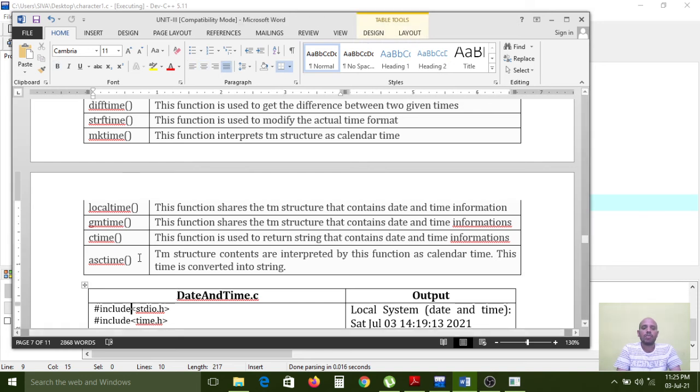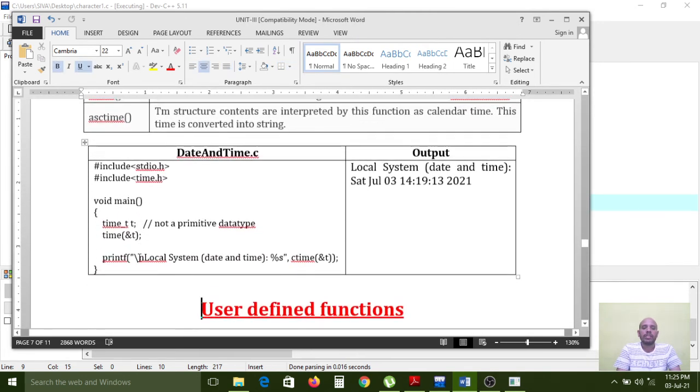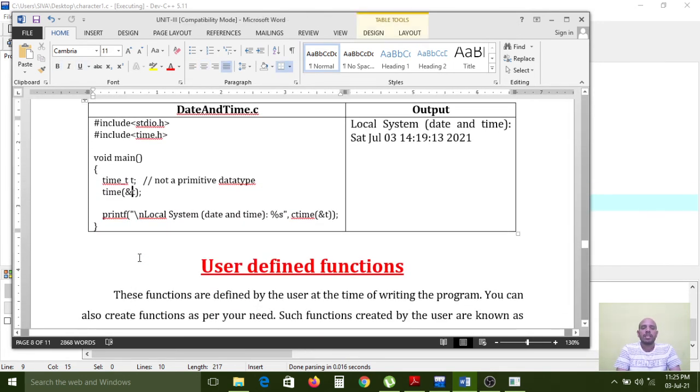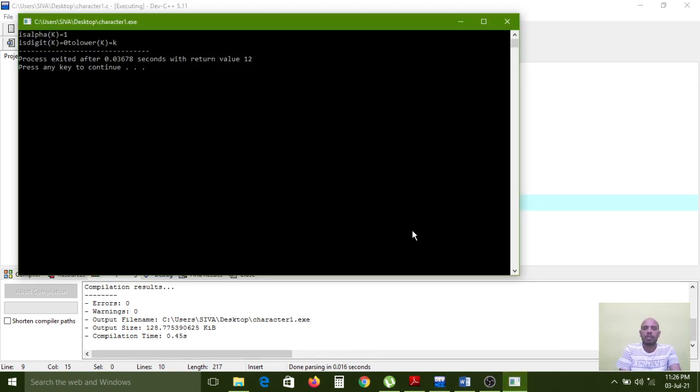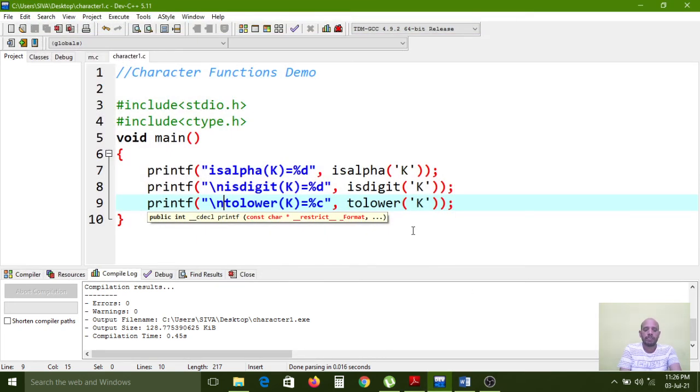Now I want to show one example for you, then only you can understand how to use the time functions from the time library, because the time.h library contains date and time functions. So here I have given one example. Again, I am explaining the Dev-C++ window in a practical way.